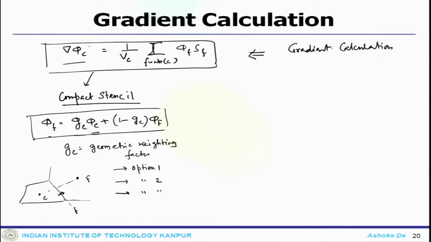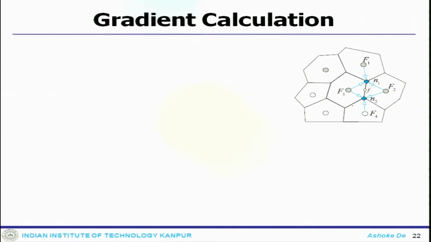Now, we have looked at the compact stencil, so now we want to look at the extended stencil. That clearly gives us an idea that the cell to be calculated is not going to be connected only with an immediate cell like this, rather it would be connected with some other surrounding elements. So, to do that, let us look at this particular stencil, this 2D stencil.